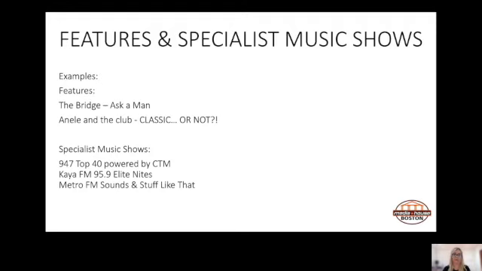And then if we look at specialist music shows, apart from all the soul and the jazz and the hip hop shows, etc., you also have your top 40 shows. So the 947 top 40 show powered by CTM. Kaya FM has the Elite Nights show. Metro FM has sounds and stuff like that, etc. Okay,